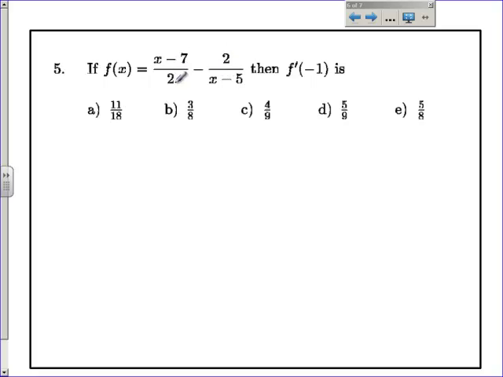Same thing here, except we're going to rewrite this second one as 2 times x minus 5 to the negative